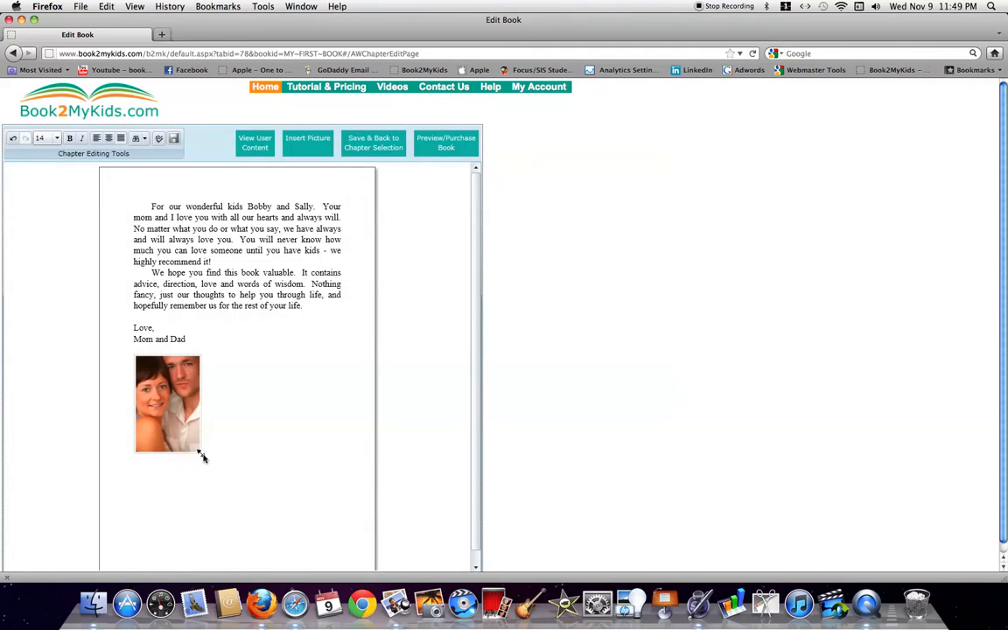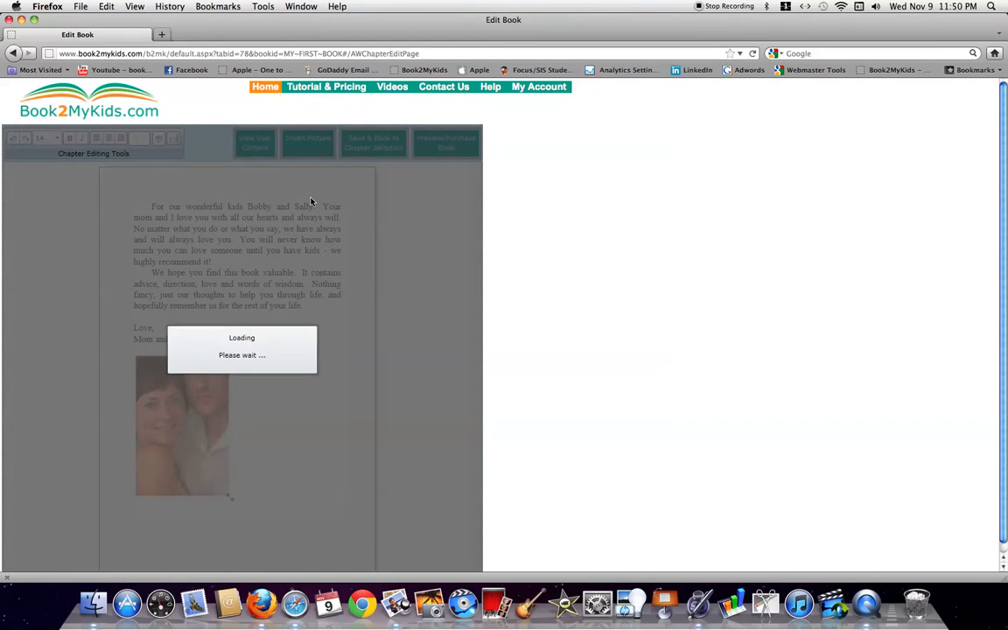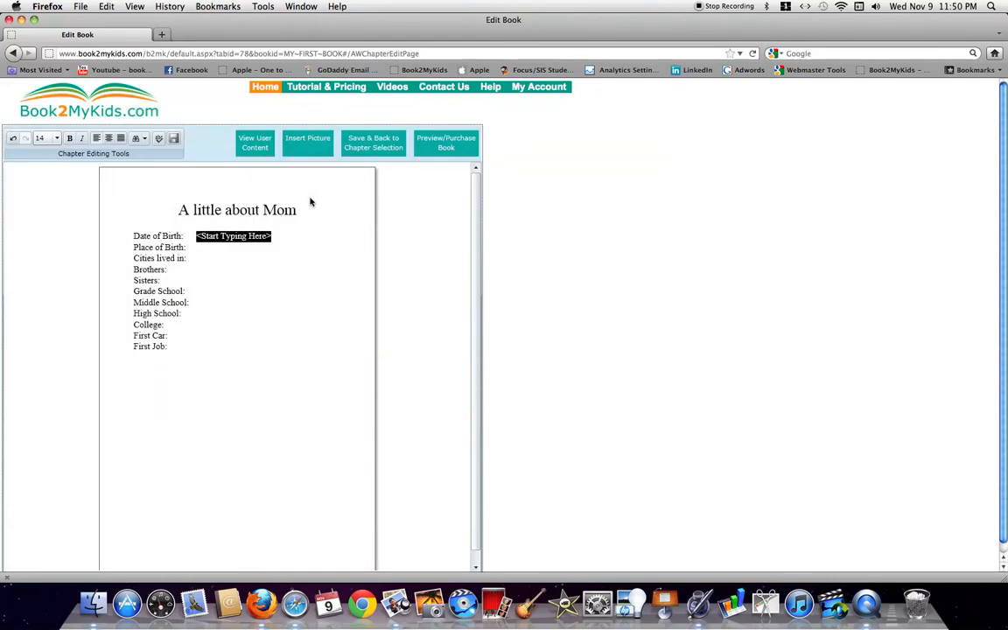You can resize the picture by clicking on the arrow, and now you've got a picture in with your dedication. You could say Save and Back to Chapter Selection, and start working on the next chapter. So here you have a little bit about Mom. And what these chapters do is they kind of prompt you with different things that you might want to put to describe a little bit about Mom, like a date of birth,